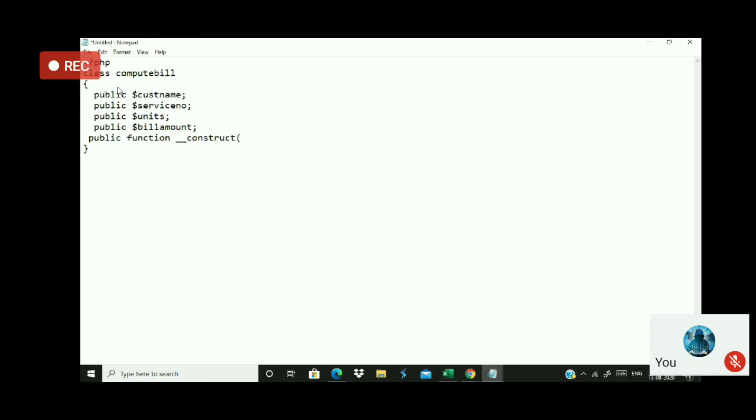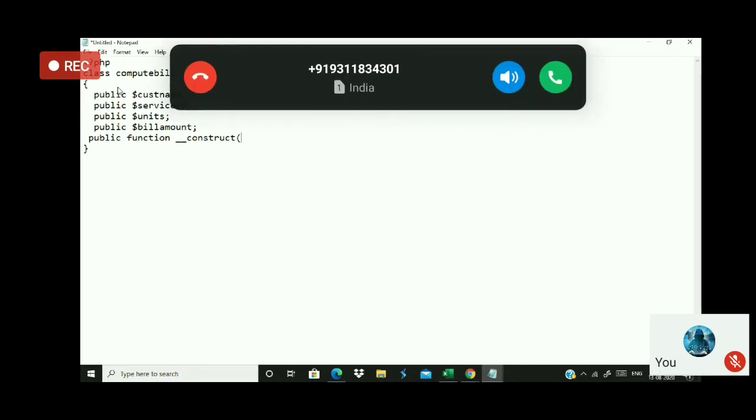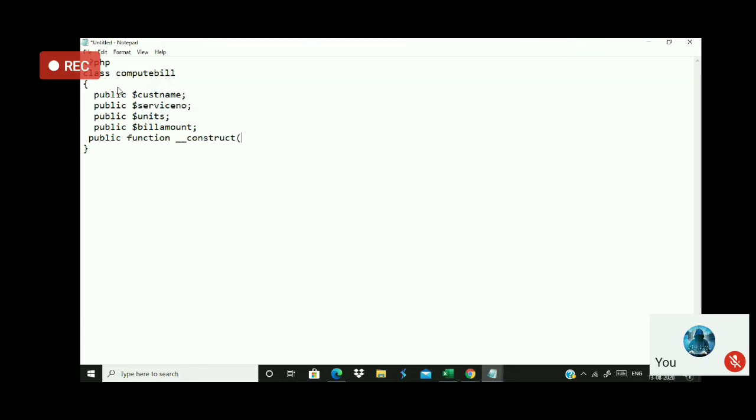So, Abhinandan, my question is, if you don't use public before a function, what will happen? If you don't use public, by default it will be public itself. So if you use public or don't use public, that is least significant here. But anyhow, for good programming practice, just make it public over here. So construct. Now you should have 4 parameters.